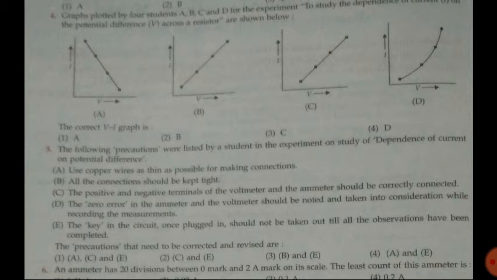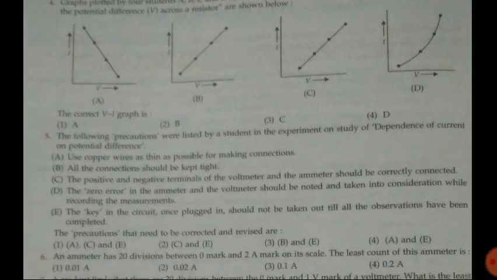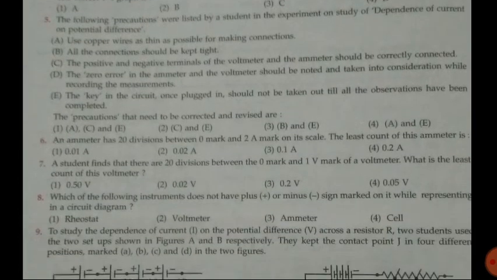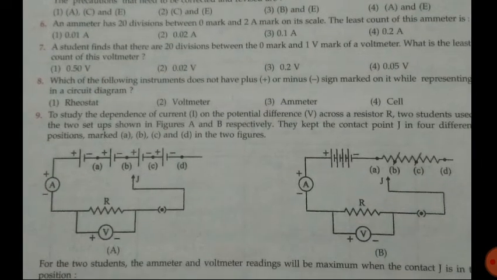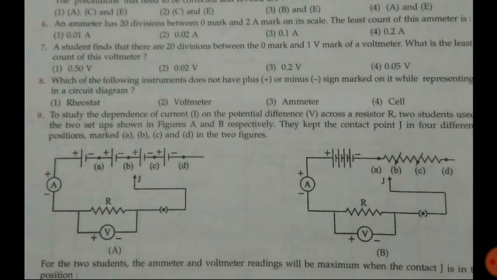We should not let the current flow for a very long time through the conductor. If it happens, our conductor's temperature will increase, then it will not behave in a proper way. The current will not be linear with voltage, and we cannot find the resistance, and we cannot plot the graph properly. Then sixth, an ammeter has 20 divisions between 0 and